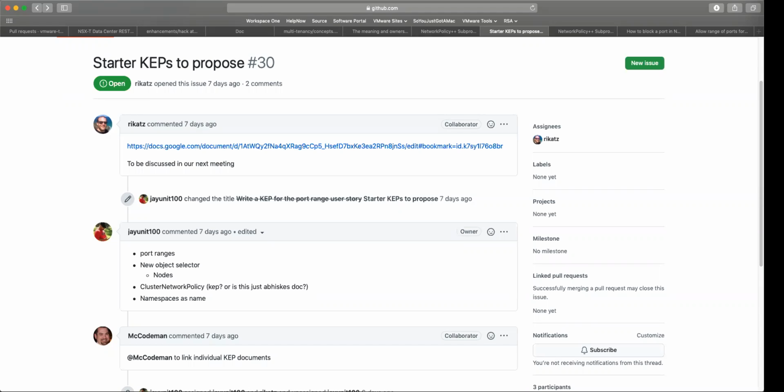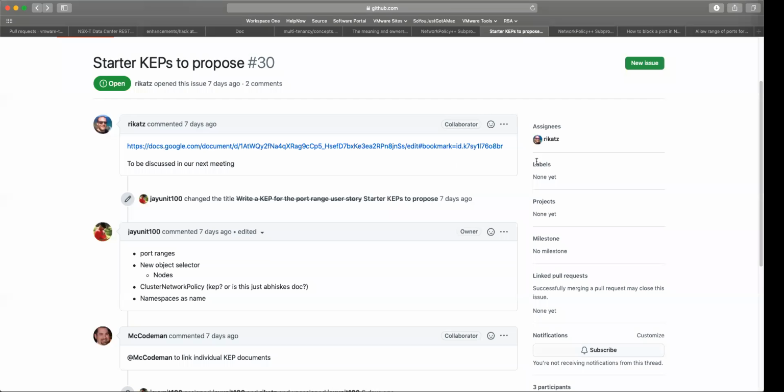All right. So this is the September 21 SIG Network subproject for network policy API meeting. Just to quickly summarize, we are going to talk about starting KEPs to propose as enhancements in the Kubernetes SIG Network repo. We went through the change for the API for port ranges, and I think an action item is on Ricardo that he will go ahead and open an issue,